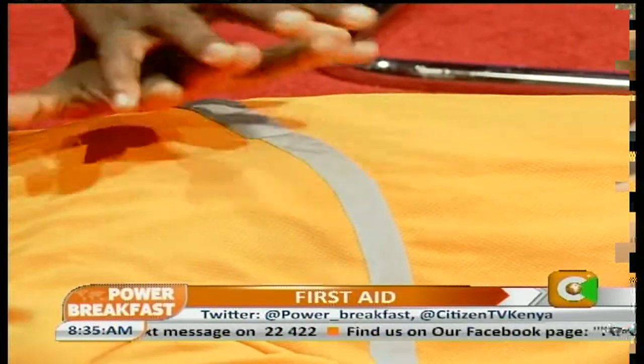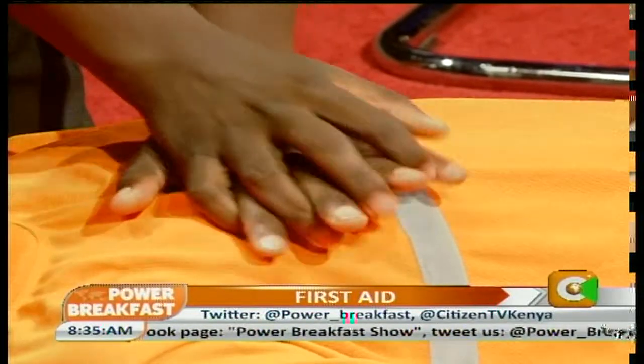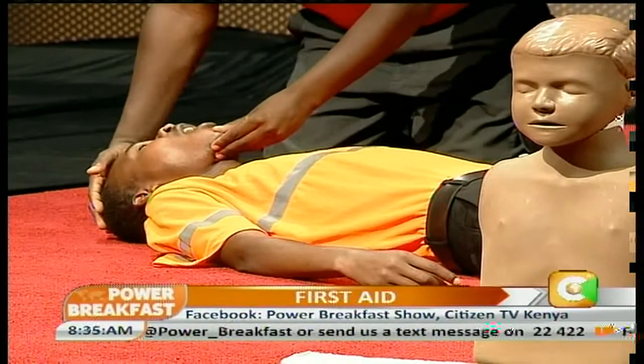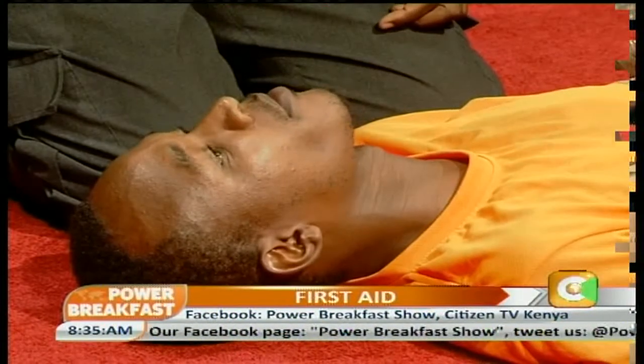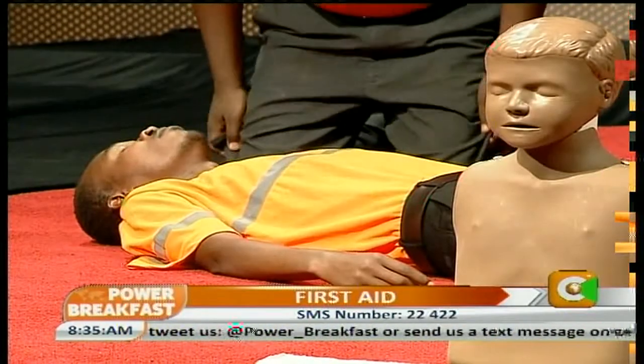I'm going to do 30 chest compressions. 1 up to 30. Then try to open his airway. See if I can see the object. If I can see the object, I'll simply remove it with my small finger. And then if I can't see the object, I'm going to do what we call